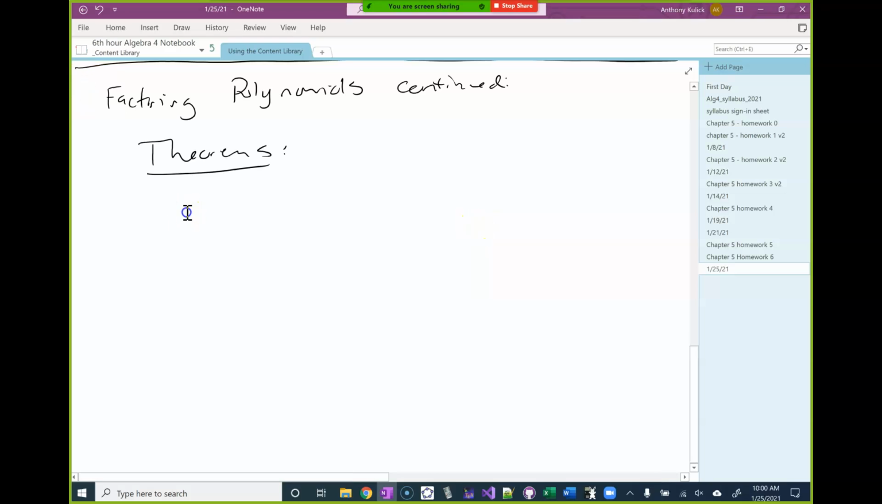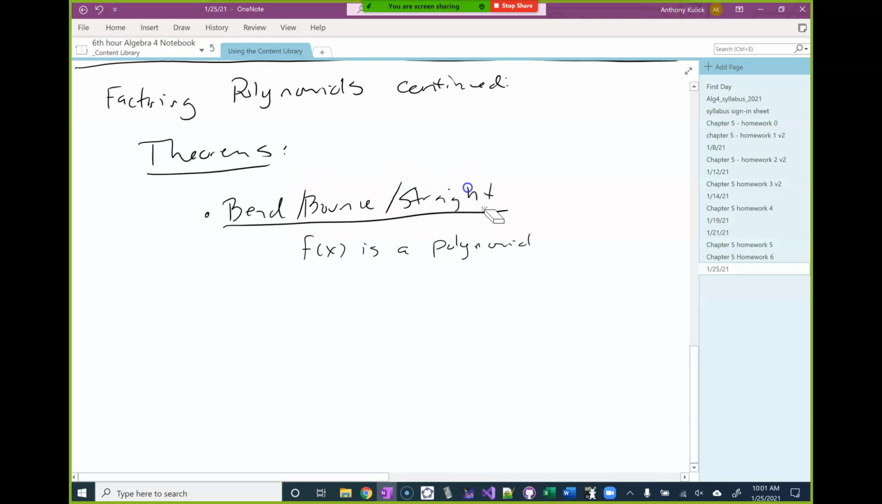It's called the bend. And it says that, or I'm sorry, we should say, let f of x be a polynomial. We say if